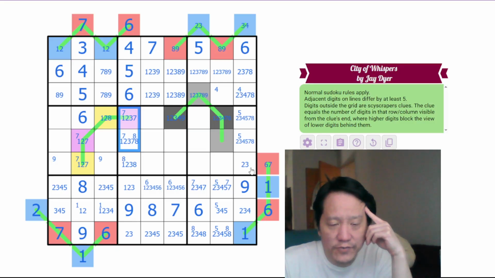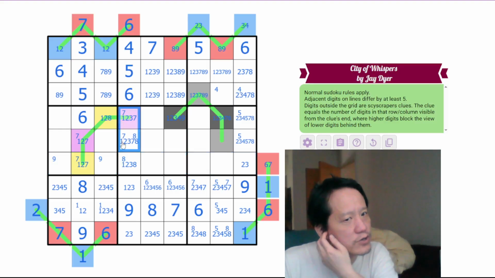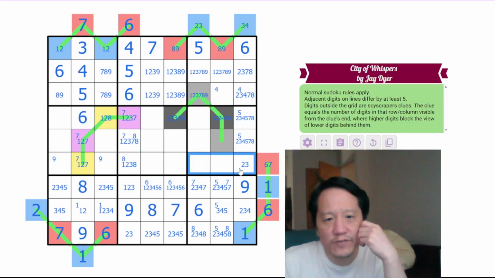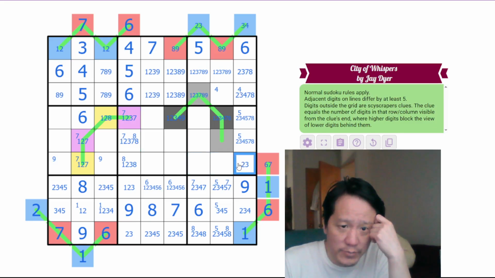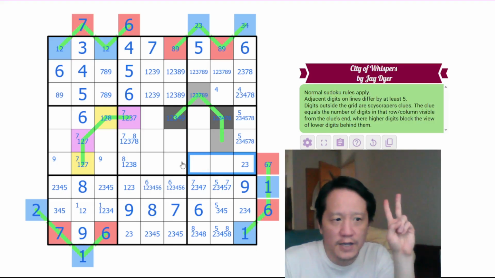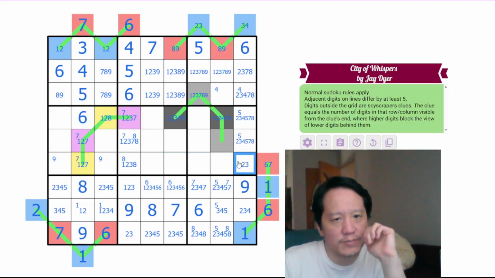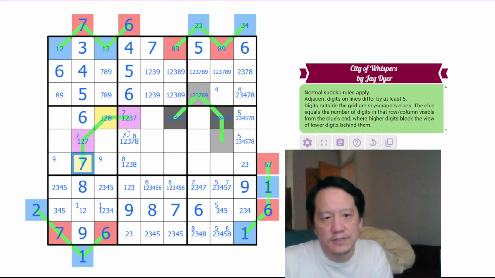Interesting. Where can 7 be in row 6? 7 cannot be any of these because we are guaranteed a 7 here. If 7 were one of these two, this would see at most 1, 2, 3, and then 8, 9, which is 5 cells, so that's not possible. So 7 has to be here, which makes that 7. This is 8, so yellows are guaranteed to be highs, and pinks are lows,